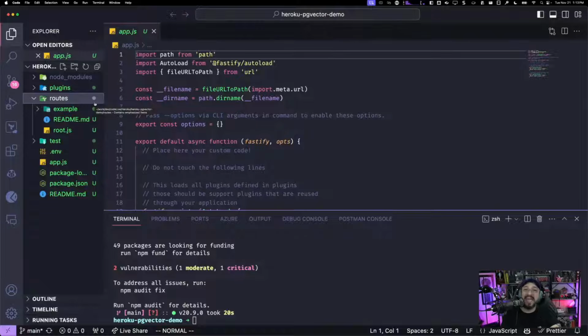I am going to be adding a couple of API routes, one to load the document. Remember, I'm going to be passing a YouTube URL, and I'm going to extract the text from that YouTube URL and store it on my database as vectors. And the other one to perform a query. The query is going to be a question. The question is going to be also vectorized. I'm going to be extracting context from the database, and I'm going to be sending a prompt to the LLM